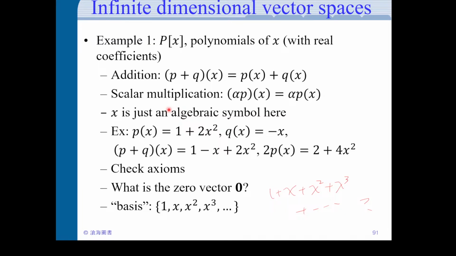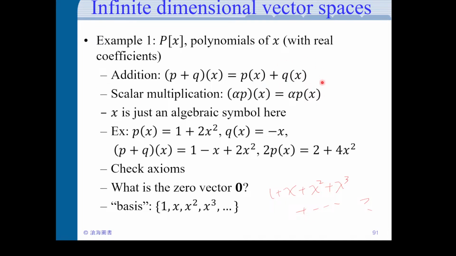We have this set of polynomials, and we can define addition and scalar multiplication on the polynomials. So you have some polynomial p and a polynomial q, some p of x and a q of x. We can define the addition. So we have this added polynomial p plus q of x,